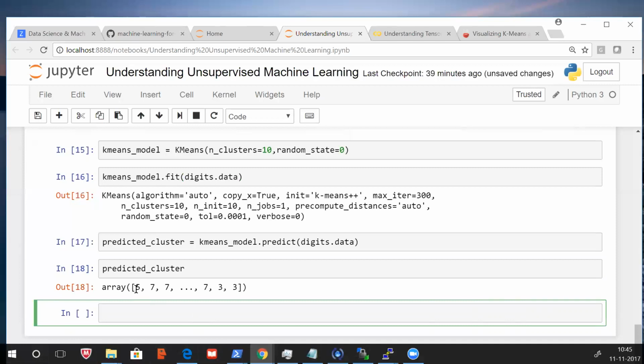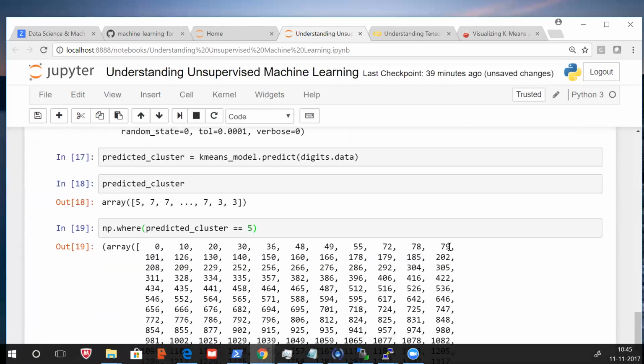So now 5 is there, right? We want to see all the data which is categorized into cluster number 5. How will you do that? np dot where predicted cluster equals 5.